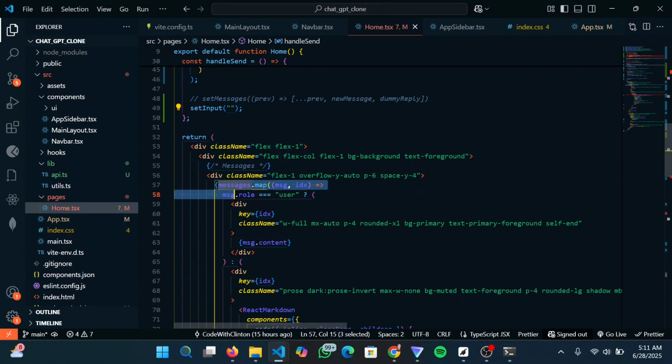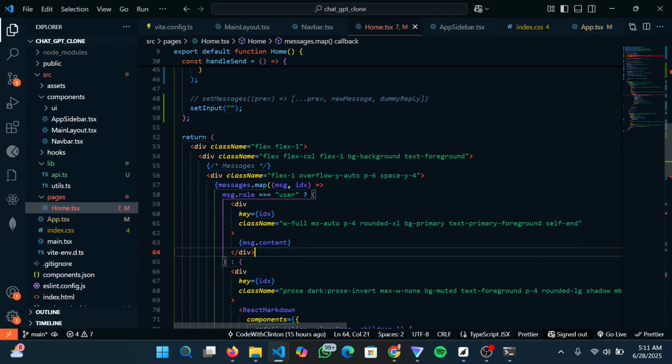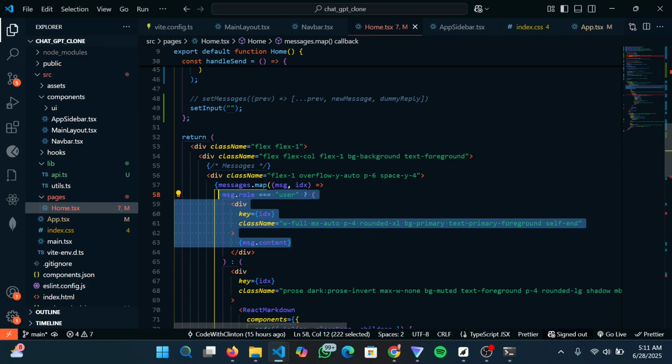So right now you can see I'm trying to map through the messages and display their contents. I'm mapping through them and displaying them. For the messages coming from the user, I said if message.role is equal to user, we are going to render the message in a simple normal div. But if the response coming back is from the AI model,